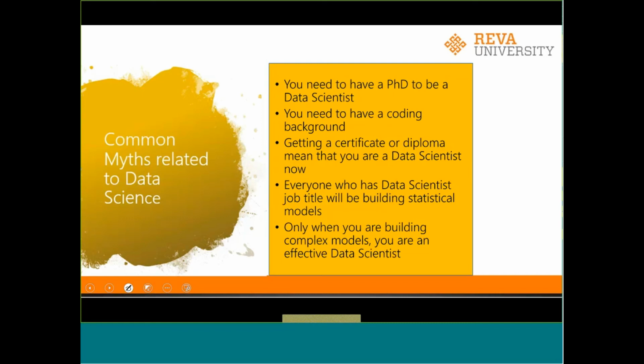In fact, nowadays they are teaching Python to grade 6 students. So if grade 6 and grade 7 students can learn Python, I'm sure people who have some bit of experience in the corporate world can pick it up as well. So all you need to have is the desire to learn, the patience to learn, and it's not very complex, right? Anybody can pick it up and learn, right? You can learn on your own also. But I think it's always helpful if you have some assistance and some support group to really take you on